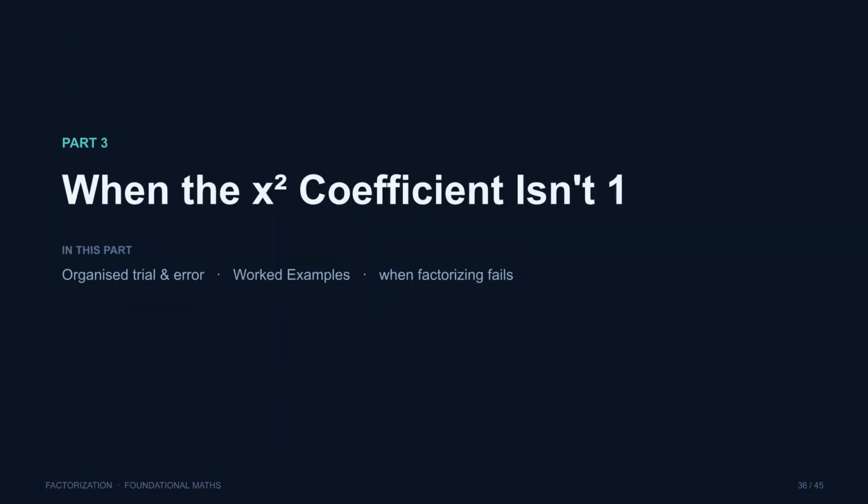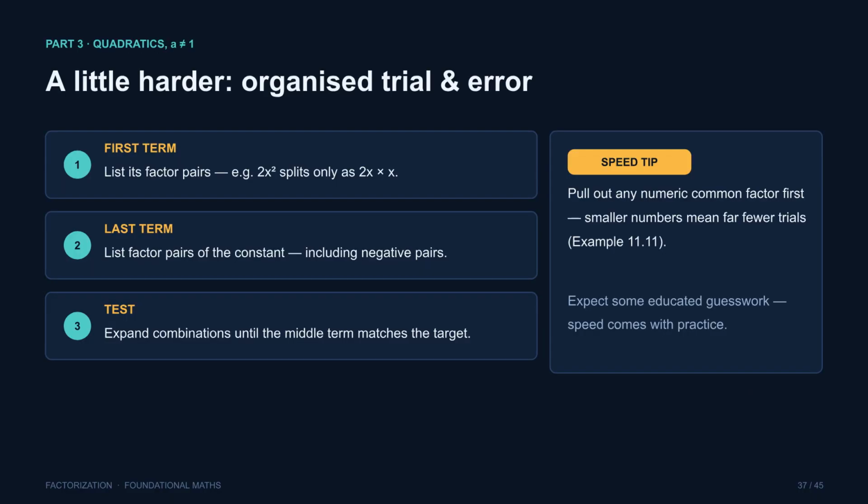We now move to part 3. When the leading coefficient is not 1, the problem gets a bit tougher. We must work through combinations systematically until the middle term matches our target. The strategy is to list all factor pairs of the first term and the constant, then test combinations. Speed comes with practice, but a helpful tip is to extract any common numeric factor first to keep your numbers